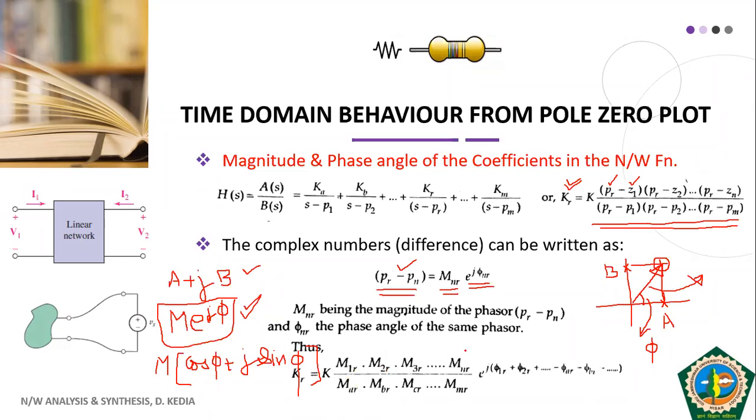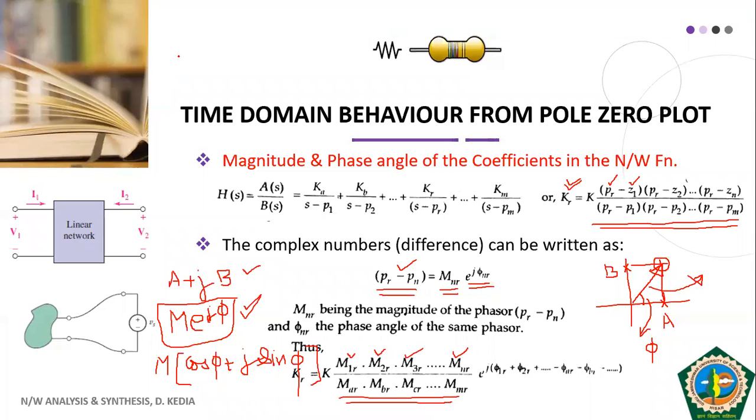Okay. So now in the numerator, we had several complex numbers multiplied with each other, and each complex number will have magnitude and phase. So this is what we have done here. These are the individual magnitudes of each of these complex numbers. Similarly, we have the magnitudes of all the complex numbers multiplied in the denominator also. And regarding phasors, the phases of your numerators will be e raised to power j phi 1r, phi 2r, and so on. And we have phasors in the denominator also.